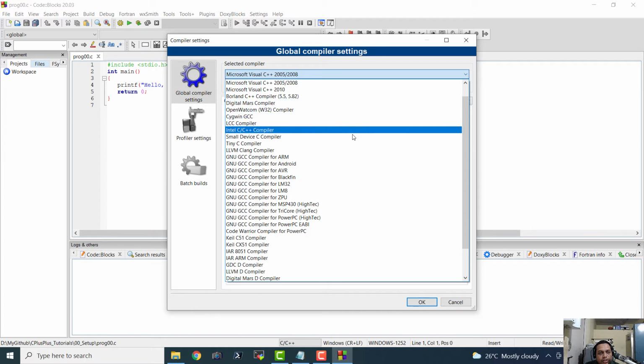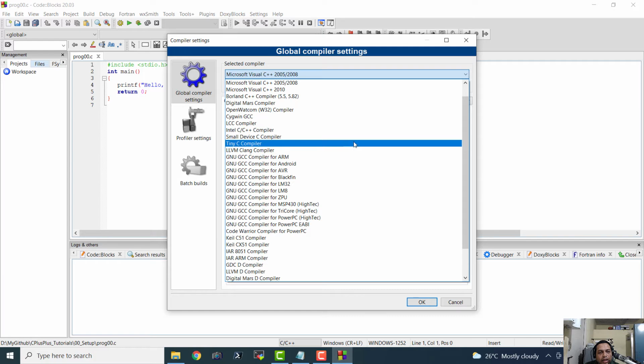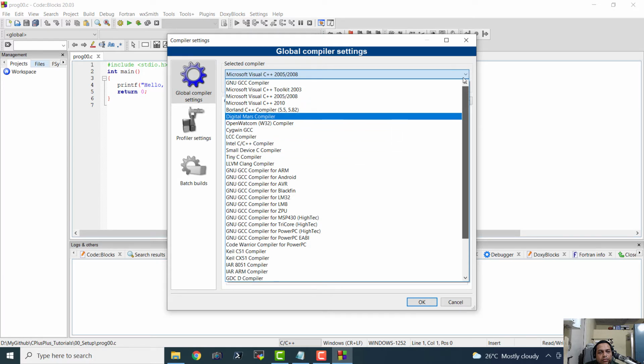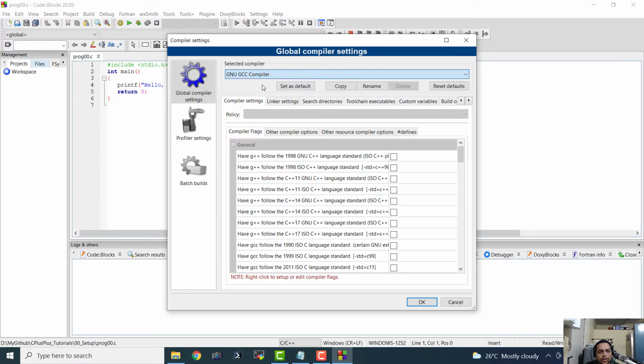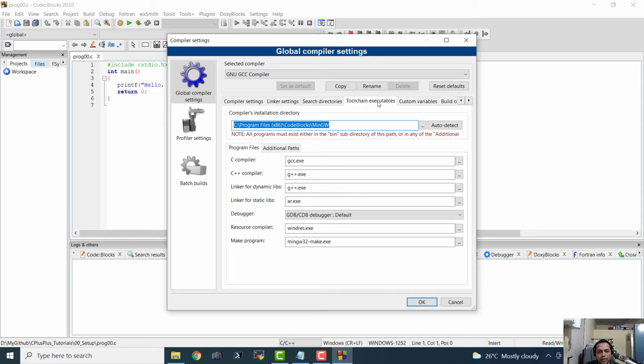Where is the option for GNU GCC compiler? Okay, so here we have the option for GNU GCC compiler, and we can set the toolchain executables. Okay, so we have to set the compiler's installation directory. First of all, we will make a note of all the files here. Okay, so here we have to provide it